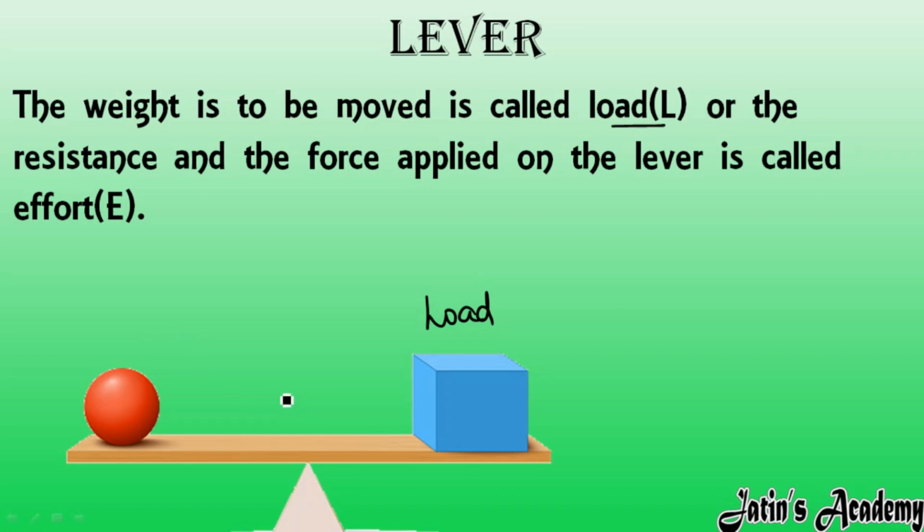And the force applied on the lever. As I already told, simple machines are not going to work by themselves. We have to apply some kind of force on it, and in order to move this lever also we have to apply some kind of force on the lever, and the force applied on the lever is known as effort. On one end we apply some kind of force, and on the other end the simple machine does some work. This is known as the function of lever. Okay.